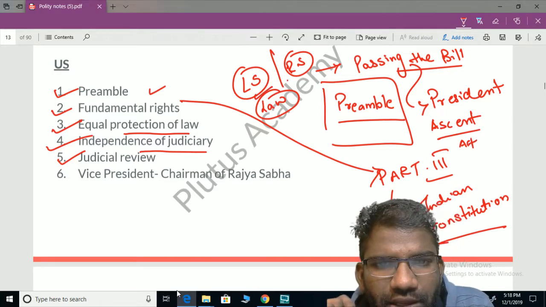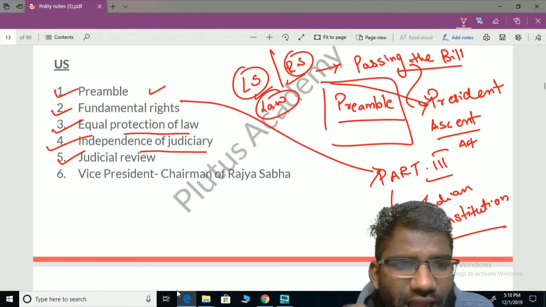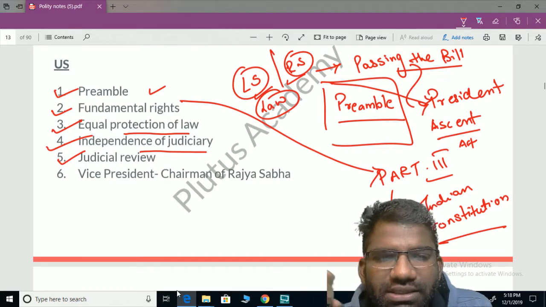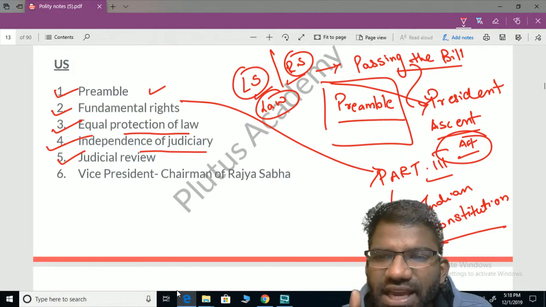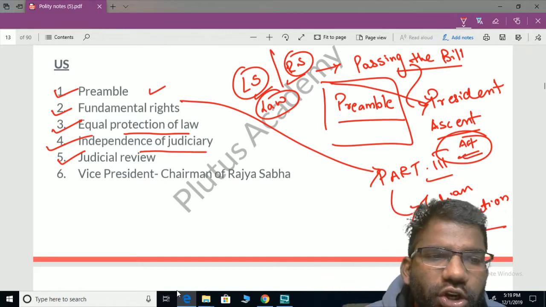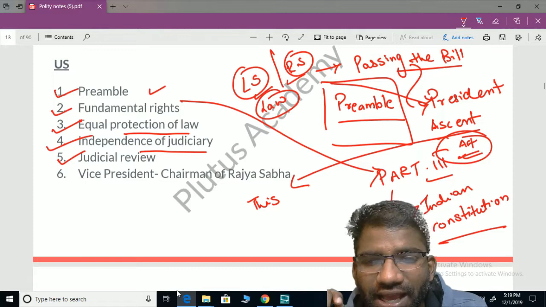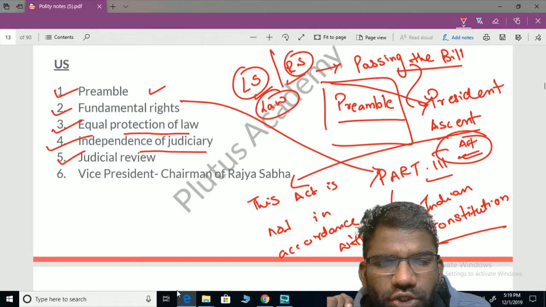Lok Sabha or Rajya Sabha passes a bill. Once the bill is passed, it directly goes to the Honorable President of India. If the President gives his assent, that means he signs the bill, then the bill is stated to be passed. That means the bill becomes an act. And if the Honorable Supreme Court of India feels that this act, which has been made by the legislature of India, is not in accordance with the Indian Constitution,